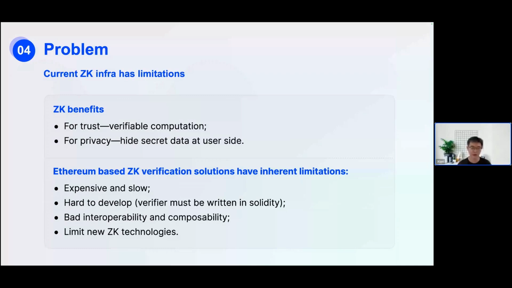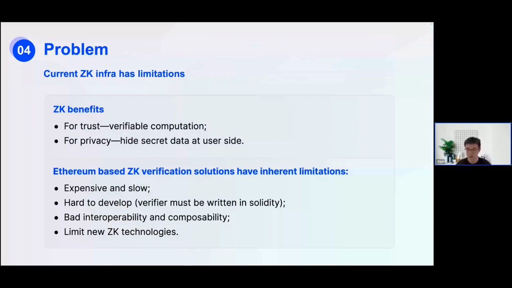But if we do zero knowledge proof verification on a blockchain like Ethereum, which is basically what people do today very often, we see a lot of limitations. The most notable limitation is that zk is expensive and it's slow. As I just mentioned, if it is a zk-SNARK proof, then it is okay. It's relatively acceptable if you verify it in Ethereum. But if it is a zk-STARK proof, which means